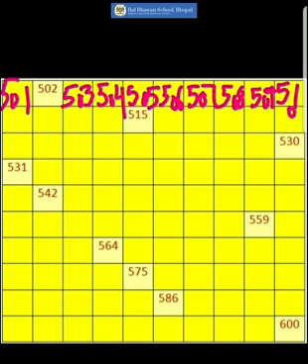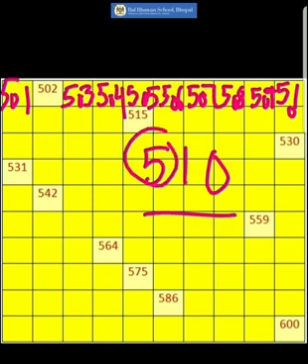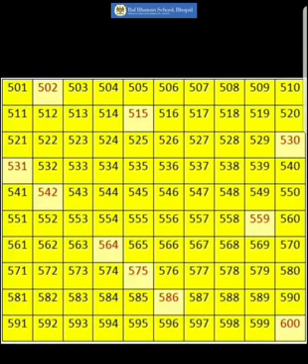Okay, so children, you can see in all the numbers the digit at ones place is changing, and in the last number, that is 510, children, you can see the digit at ones place and tens place both have changed, but the digit at hundreds place is not changing. So this way we are going to fill the grid. Now I'll show you the filled grid. So this is your grid children.